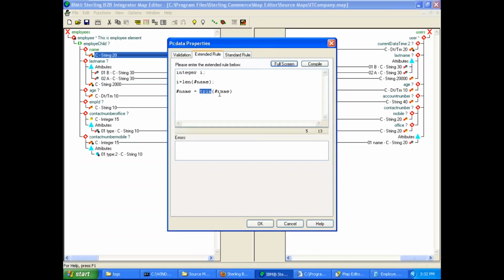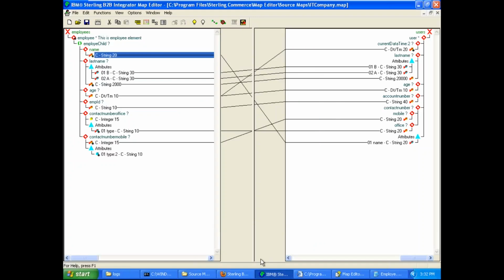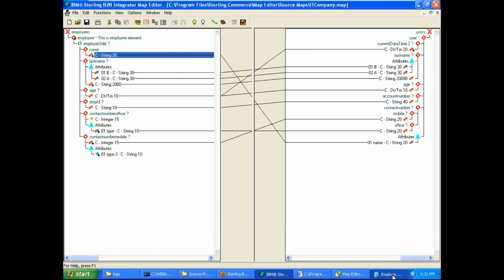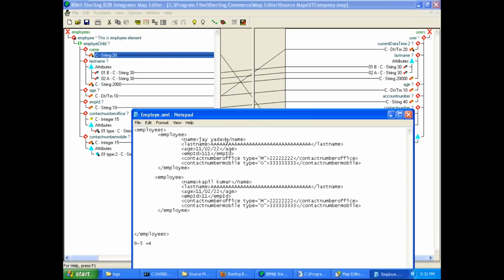So for example, if I do not use the trim function, and my name has spaces at the beginning as well as at the end,